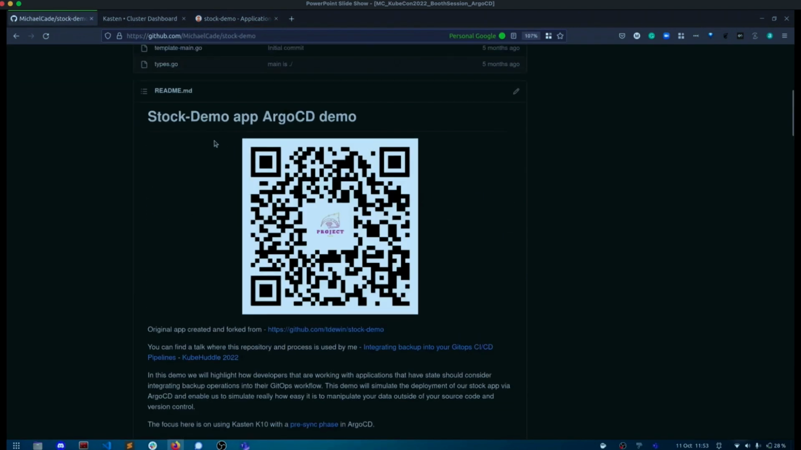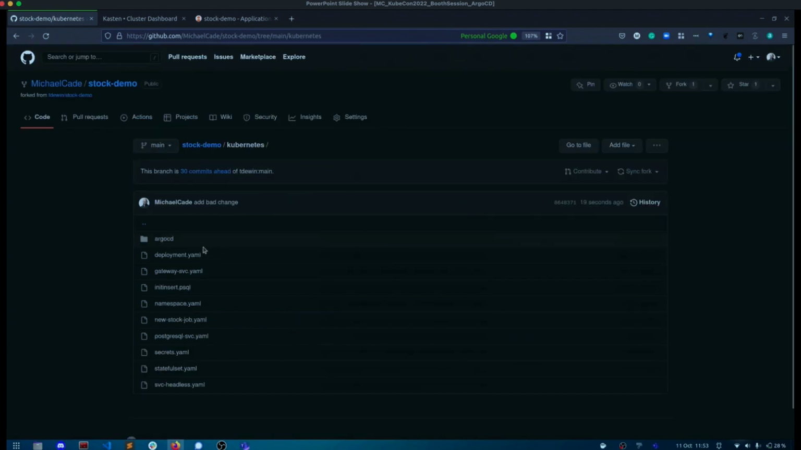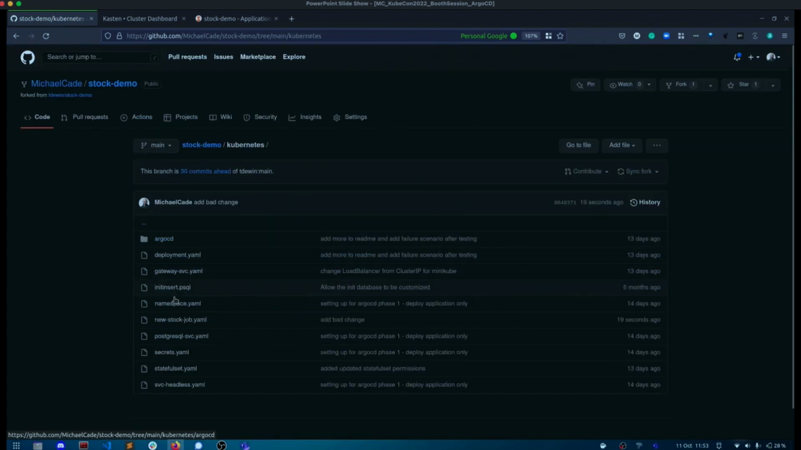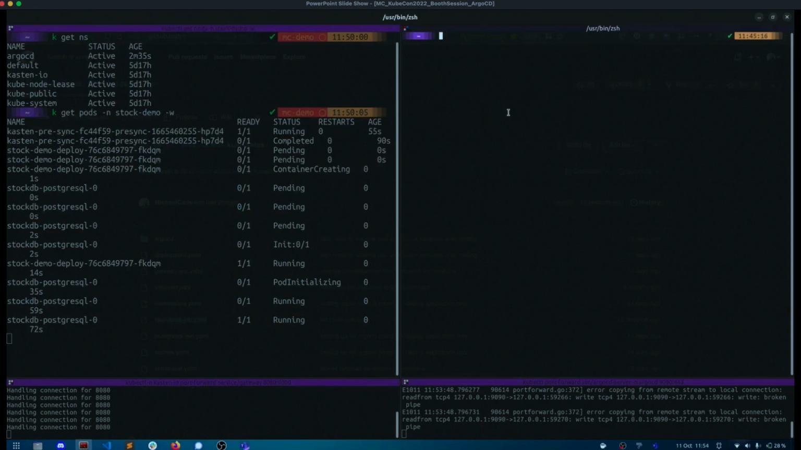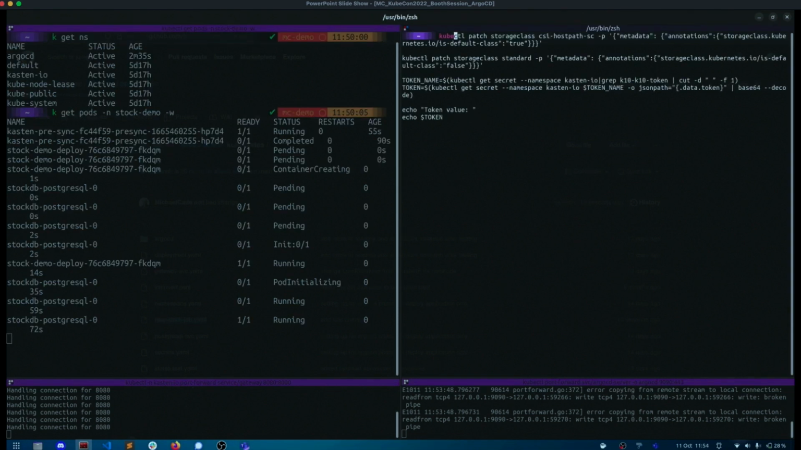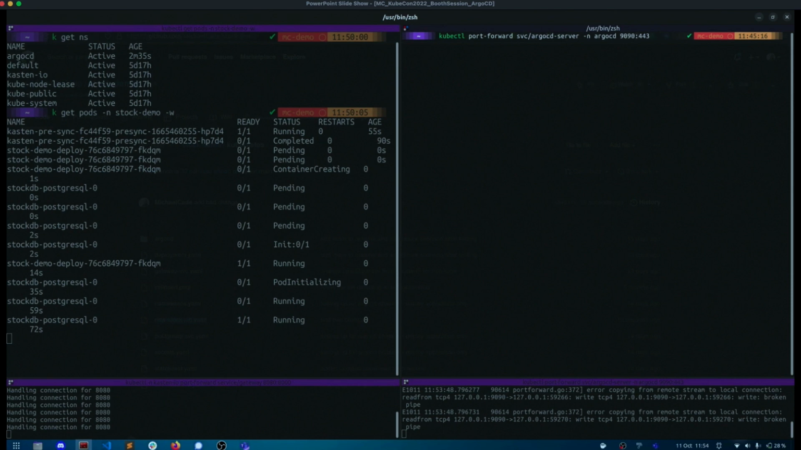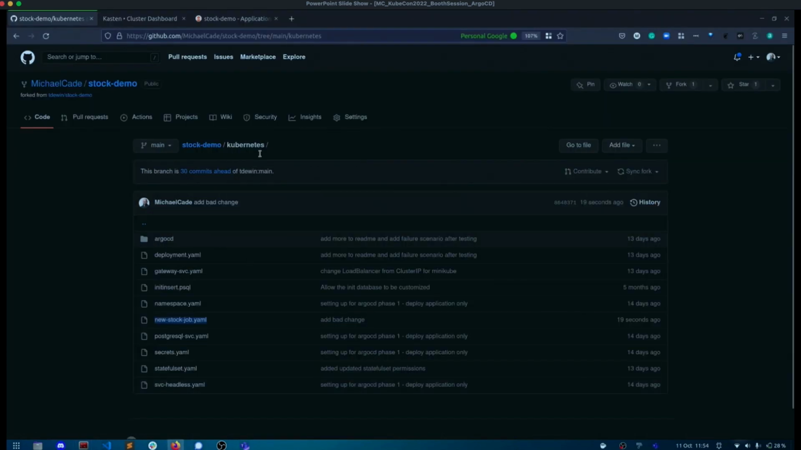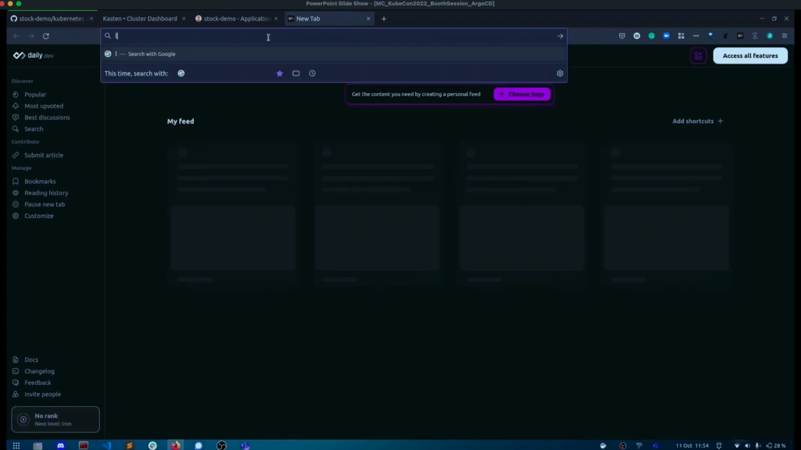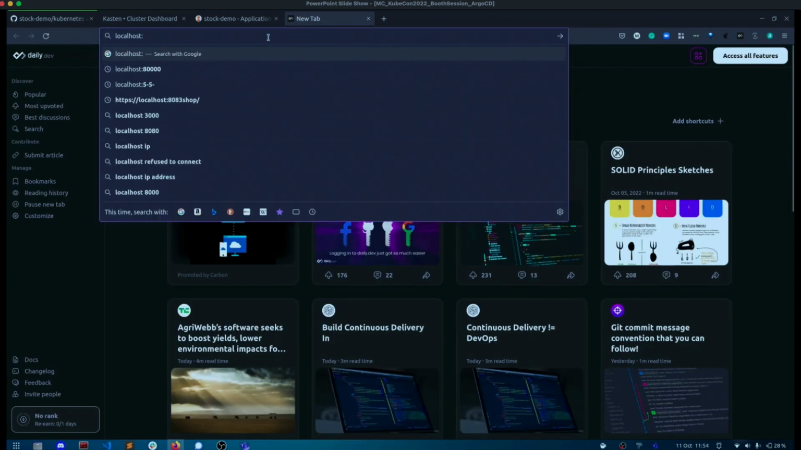So let's jump now into actually looking at it. You see in our repository we've got a new stock job, which is the bad change. Now let me actually show you the application. So you see here everything's running. We've got a stock demo and a Postgres. We should be forwarding our application now. And very simple stock demo app. So if we jump onto that,